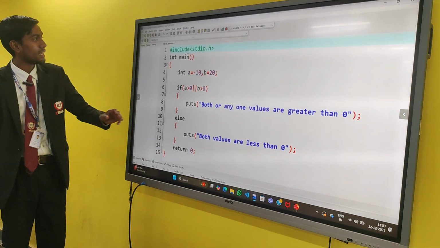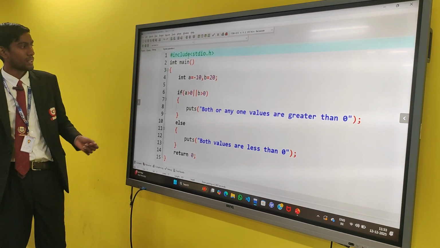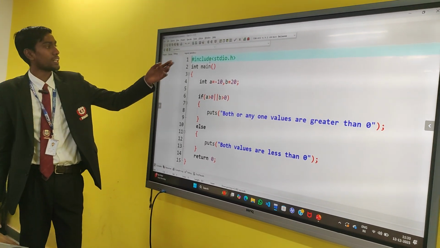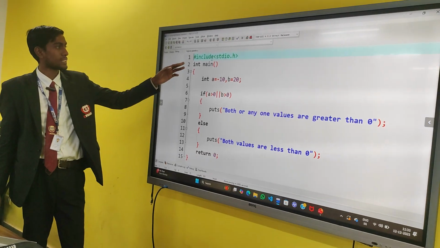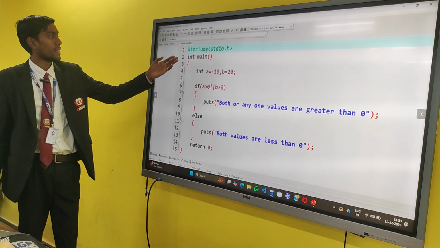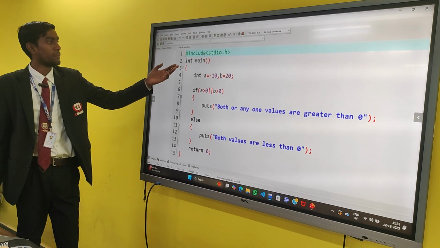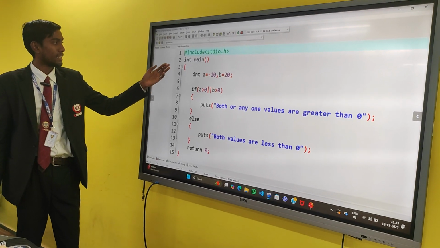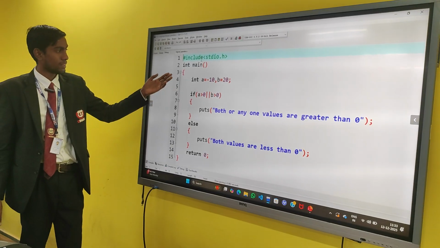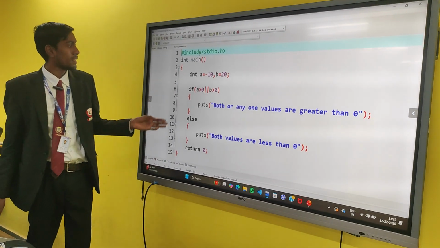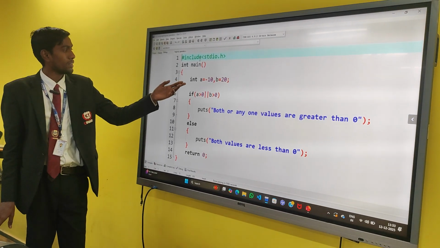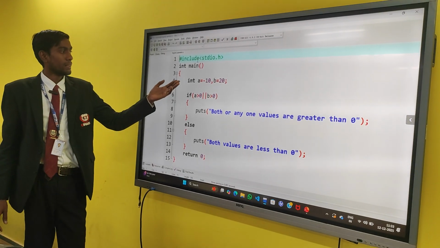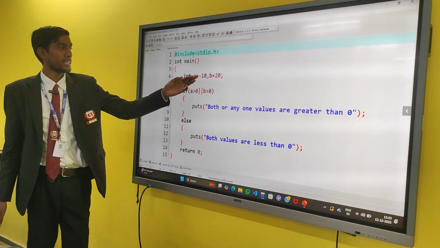Here is an example of a logical operator. The first line of code is a preprocessor directive, and the second line of code is the main function of this program. Then comes the body of the program, and in the body there are two variables, a and b.